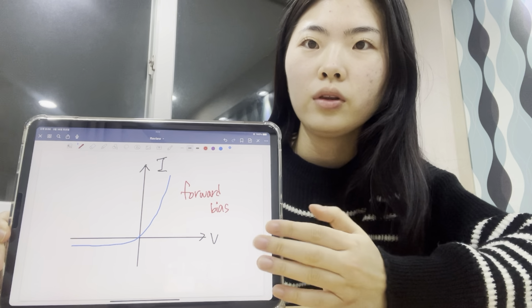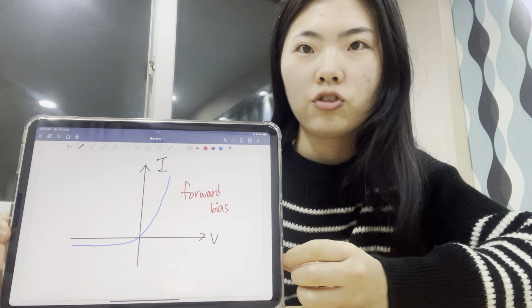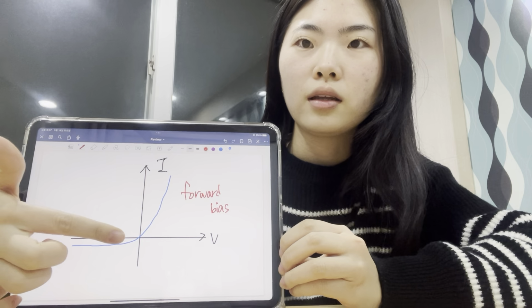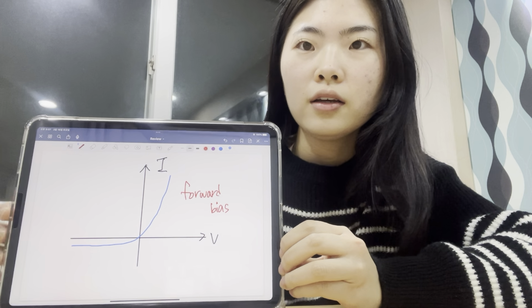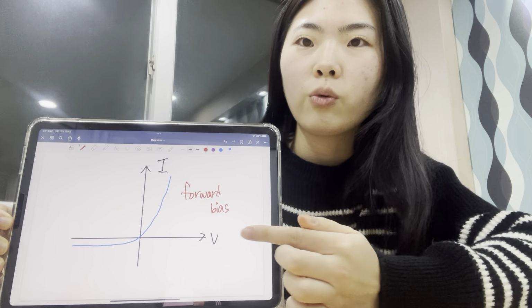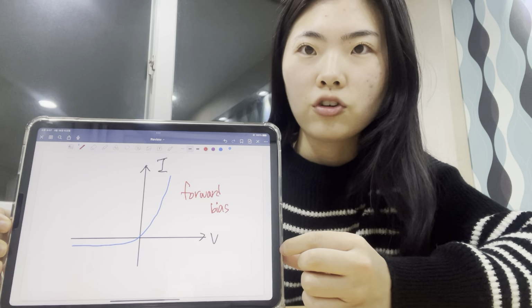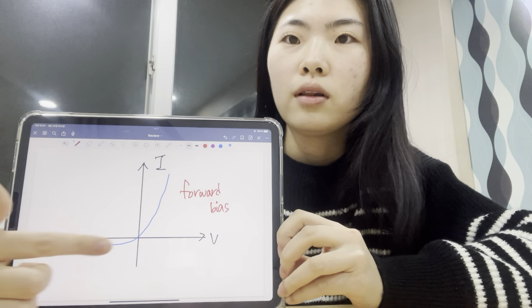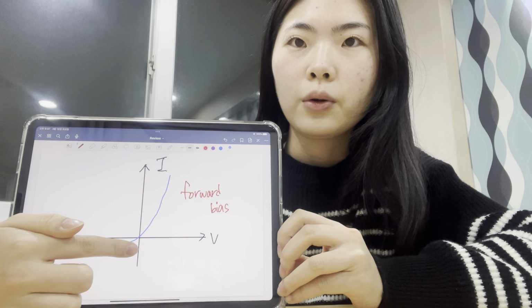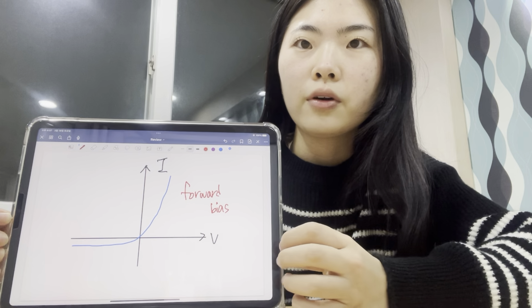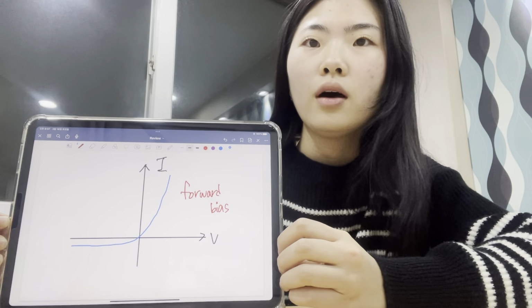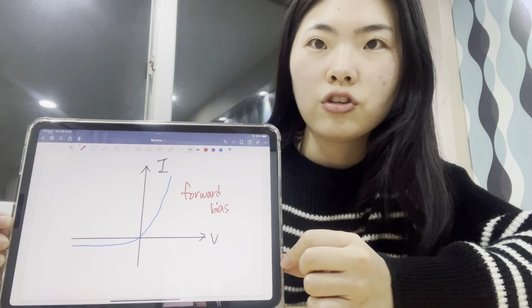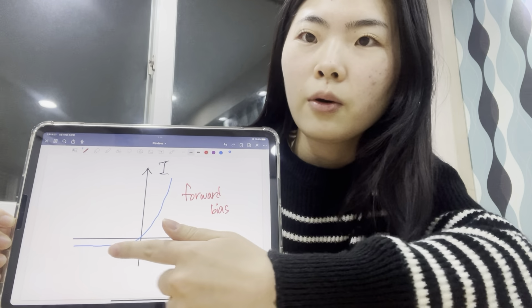If we put the forward bias to the junction, the current will flow exponentially. When the forward bias is put to the PN junction, the current will flow like that, and the left side of zero is the reverse bias part. If we put the reverse bias to the PN junction, the current will be very small